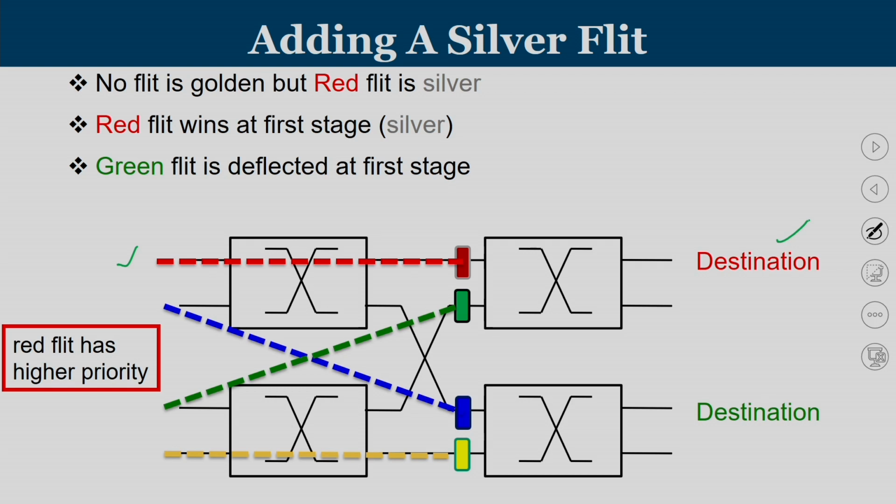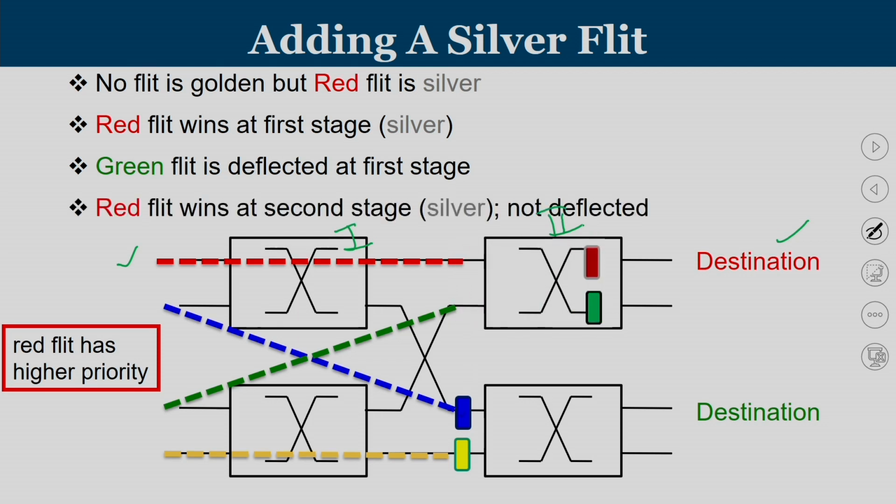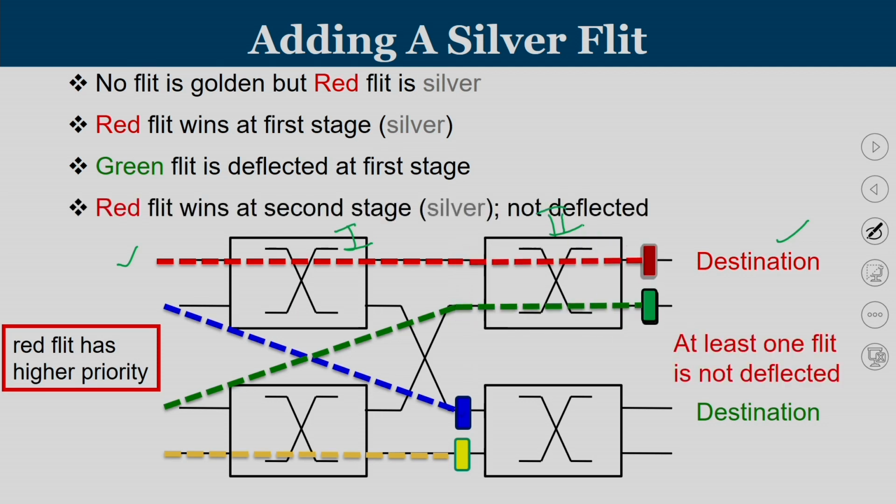Now the third stage, since the silver flit has the highest priority in both the arbiter stages, both in stage 1 and in stage 2, the silver flit is going to win. So the flit at the second stage is also going to be the winner, and thereby it makes sure that the silver flit is winning. So the idea of the silver flit is that in both the stages of the arbiter, it gets the highest priority. Thereby you make sure that the silver flit gets a productive port, and it will never be deflected.